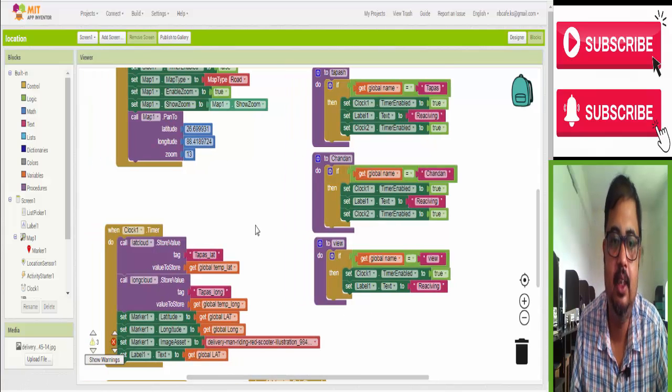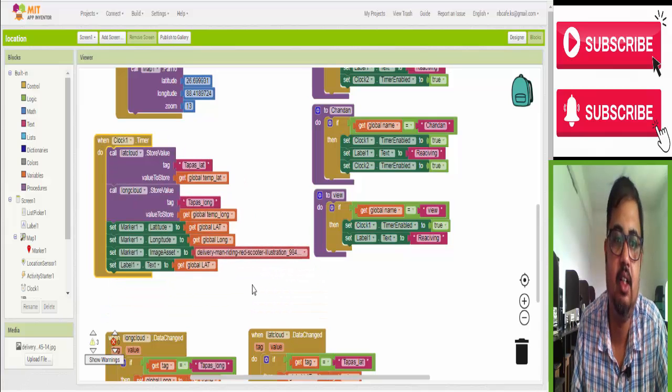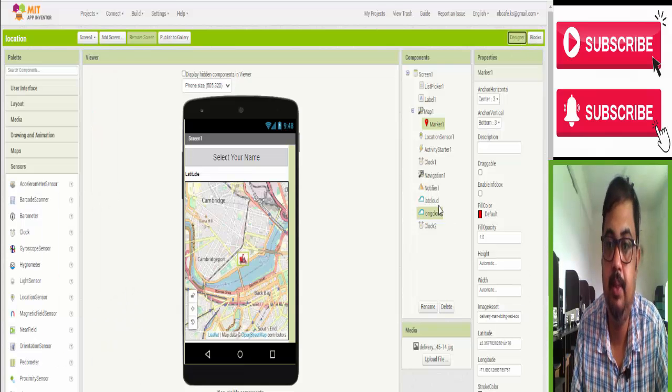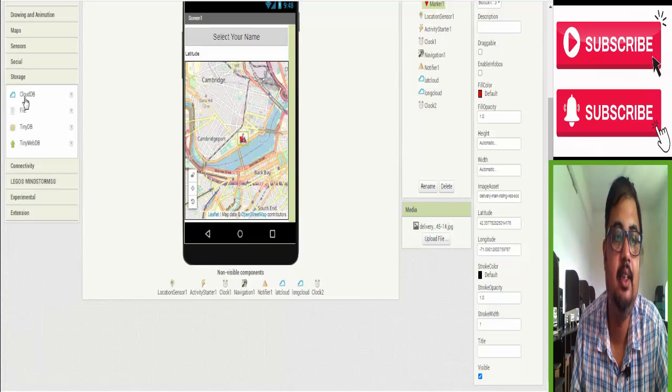Okay. So now, inside clock 1, what have we written? Simple. We take this value, lat data. Now, where do we get that from? I have to show that. Maybe I forgot to show you. It is in storage, in the CloudDB. We take one CloudDB, naming it lat cloud.